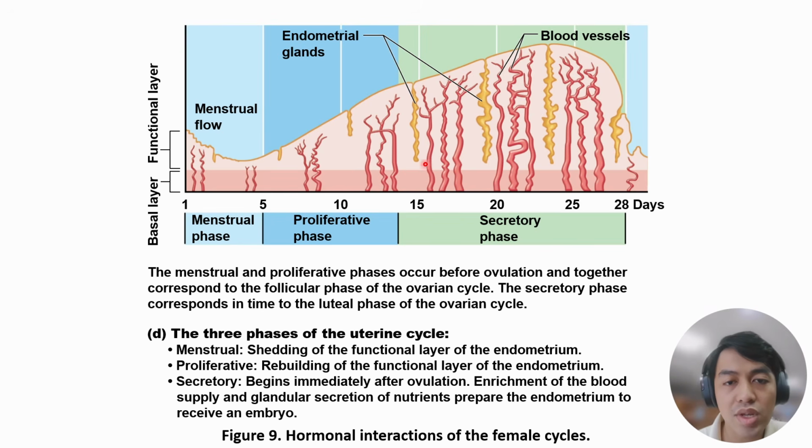And in here in the menstrual cycle, after day 14, which is the secretory phase, the endometrium will continue to thicken in preparation for the implantation of the fertilized egg. However, after day 28, the corpus luteum will degenerate. Hence, this will result in the sloughing of the endometrium, which then initiates your menstruation, which is day 1 of your menstrual phase.